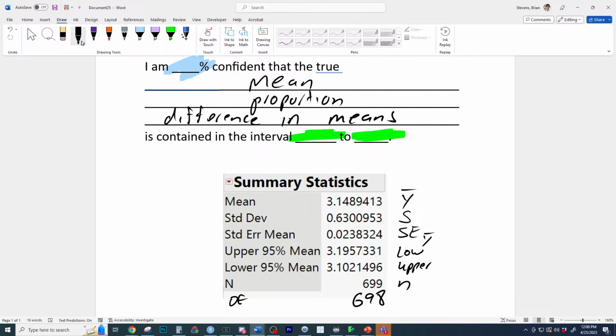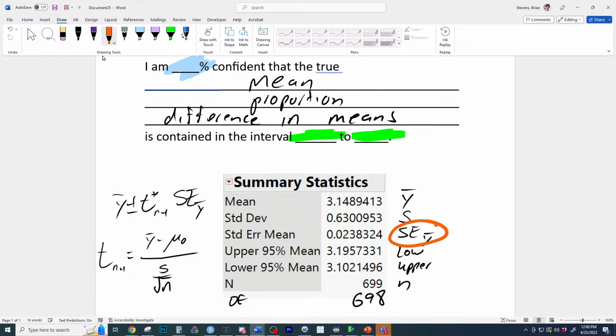1. The standard error can be used in formulas like Y bar plus or minus the T star with n minus 1 degrees of freedom. Then the standard error goes right here, which is S over square root of n. So we could do a confidence interval with that. We can also do a t-test if we want, which is going to be t, no star, n minus 1 degrees of freedom. And then Y bar equals mu naught. We'd have to test a value and then do S over square root of n. It is important to note that this value right here, the standard error, is this, which is also this. So those are interchangeable, writing the standard error.